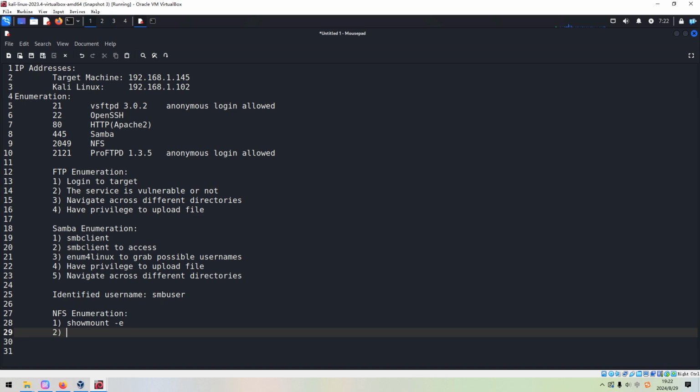And if the target machine has a share, then we can use mount with the -t option nfs, and then we can mount the remote share onto our own machine, on Kali Linux. Okay, so this is what we can do with the NFS service.